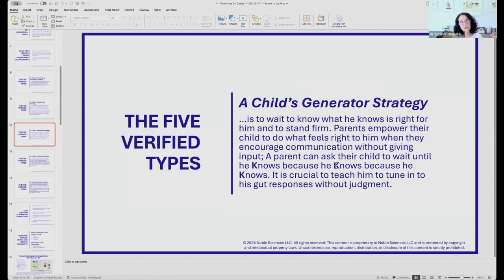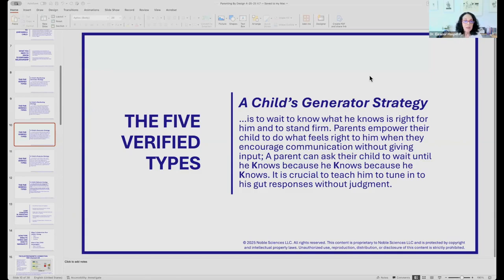A child's generator strategy is different than a manifester. The child as a generator is known to wait and should wait to know what he knows is right for him and to stand firm. I always say to people, when you know what you know, and no one can tell you you don't know, you're not selfish, you're not stubborn, you're aligned to your inner self. And that is important for a parent to tell the child